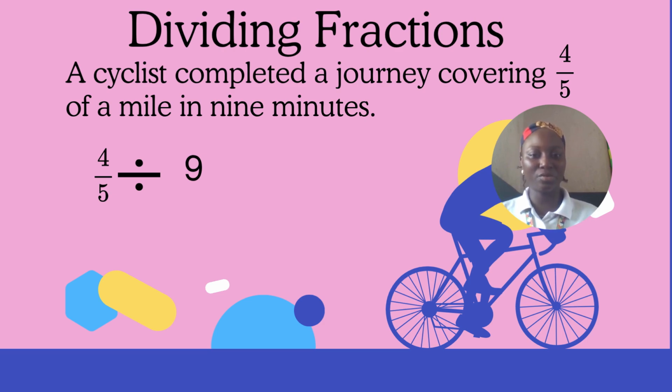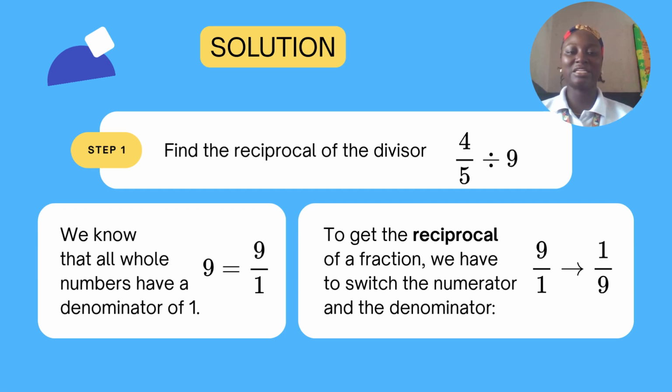follow this rule. Now, let's learn a very important word in fractions, and it is called reciprocal. A reciprocal means turning a fraction upside down. Yes, it means we swap the numbers. So the top number becomes the bottom number, while the bottom number becomes the top number. So the first step in solving the question 4 over 5 divided by 9 is to find the reciprocal of